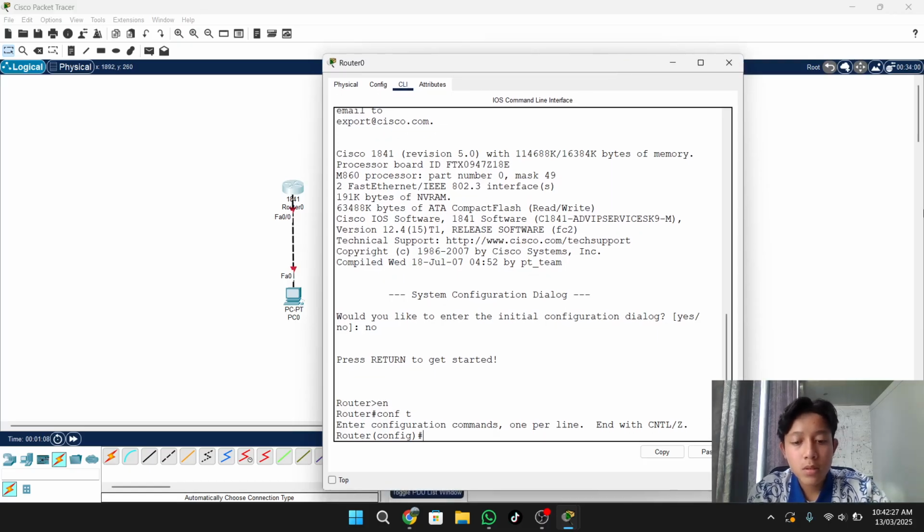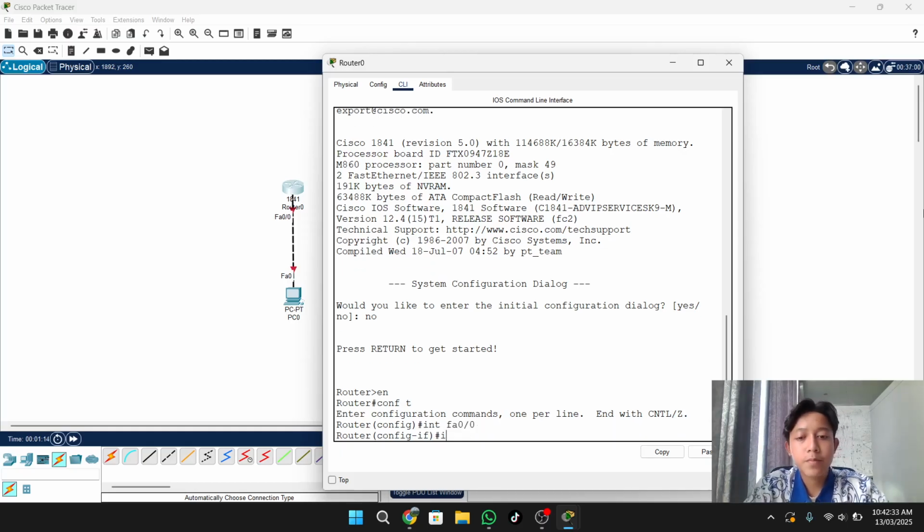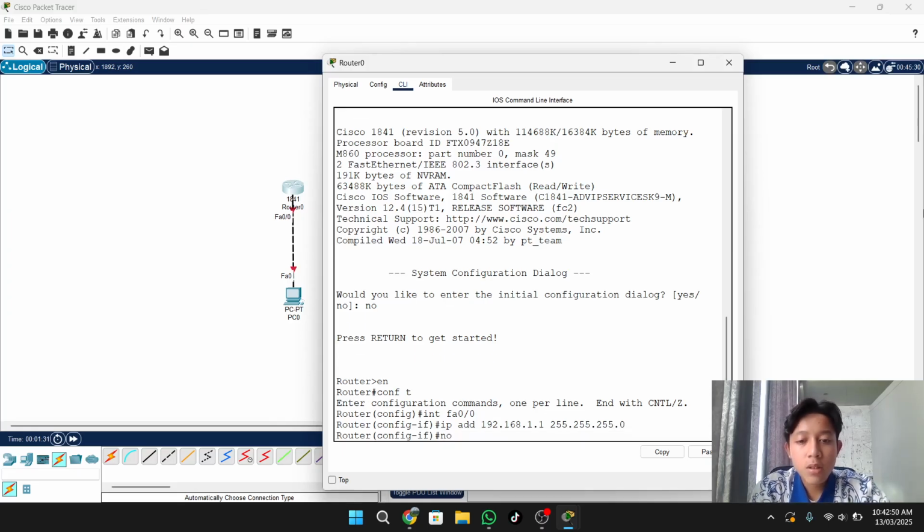For example, I use interface FastEthernet 0/0, and you can add the IP. For example, I use IP 192.168.1.1, and the subnet mask is /24 or 255.255.255.0, and don't forget to type no shutdown.